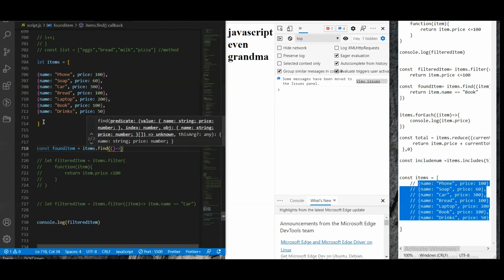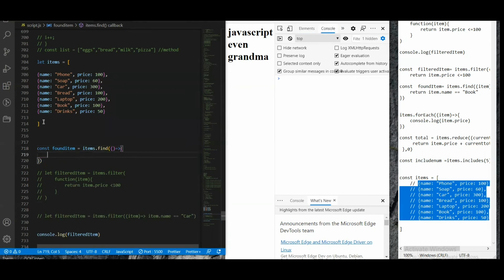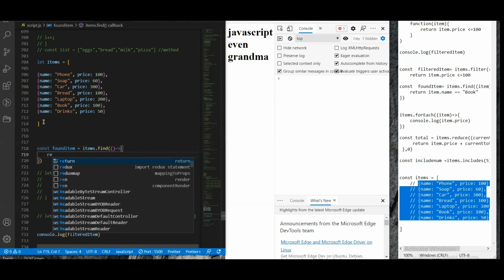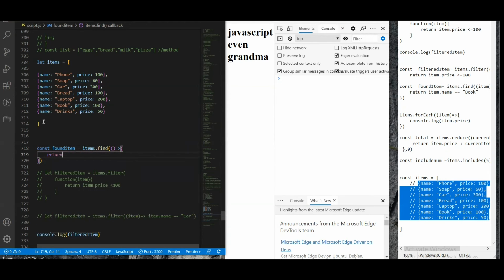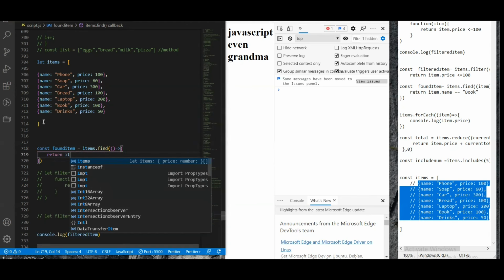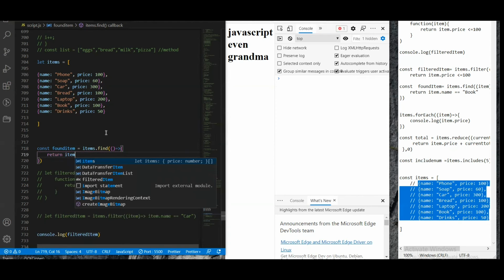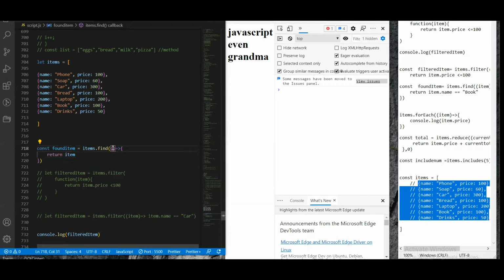The same arrow function. Then you say return. What are you returning? You're returning item, one item. So you bring that item name, item. So when you bring that item, you said item.name